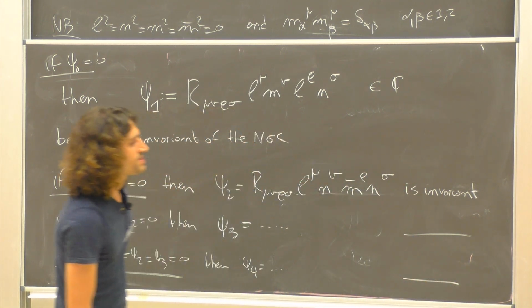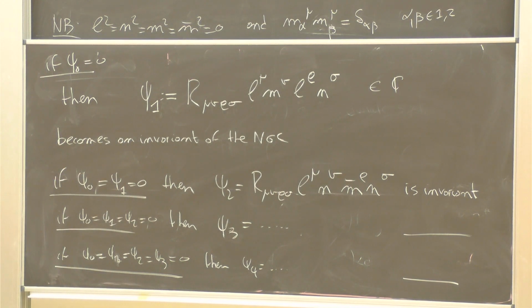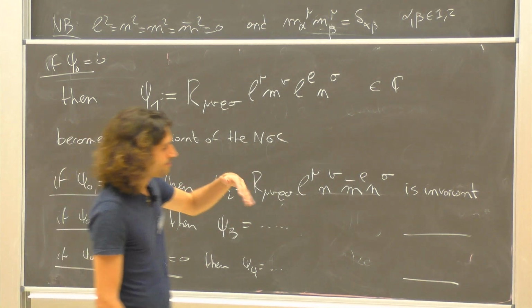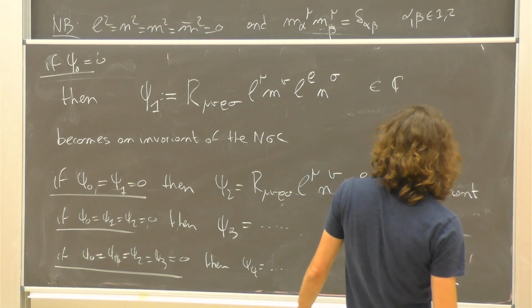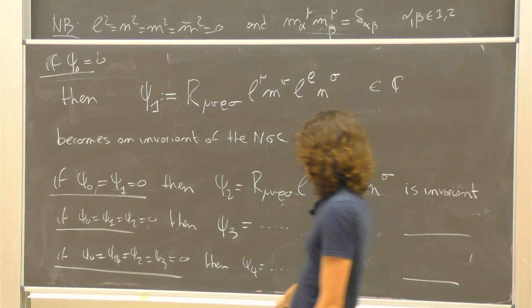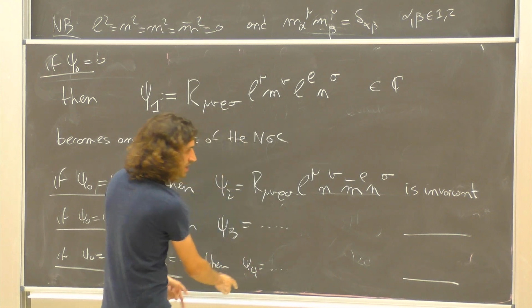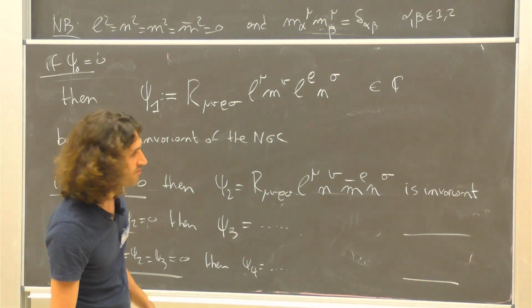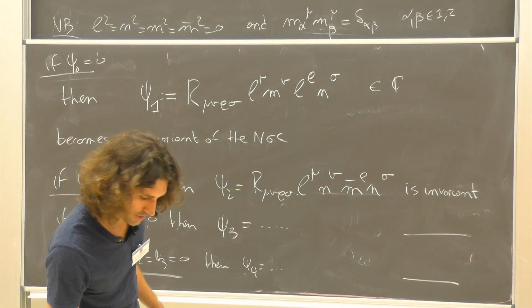So you see, this is how you use Newman-Penrose coefficients: the numbers here are trying to help you remember which one is invariant and in which order. You choose a null geodesic congruence, this guy is invariant. If it's 0, then psi1 is, etc., etc. If all of them are zeros, including psi4, your spacetime is just flat. So it's not very useful.